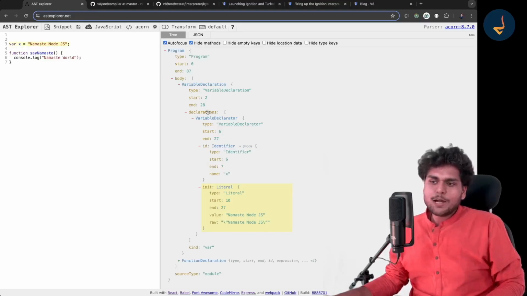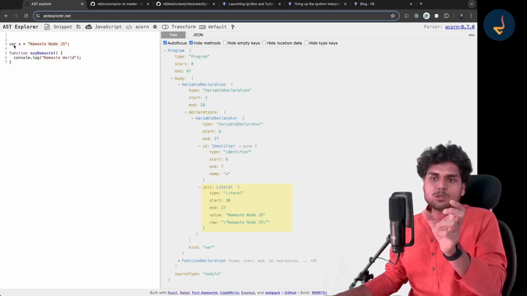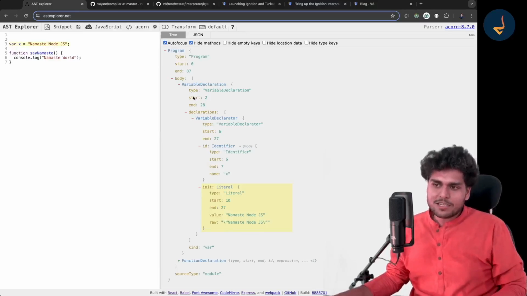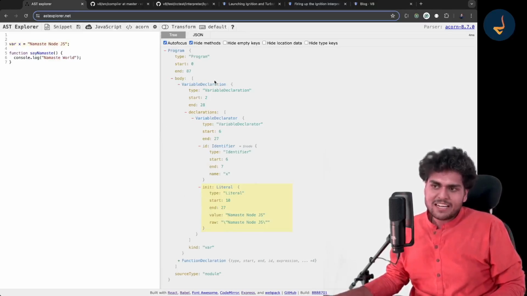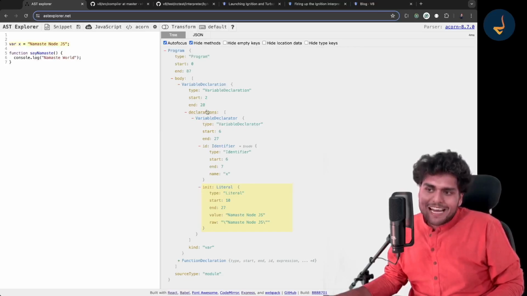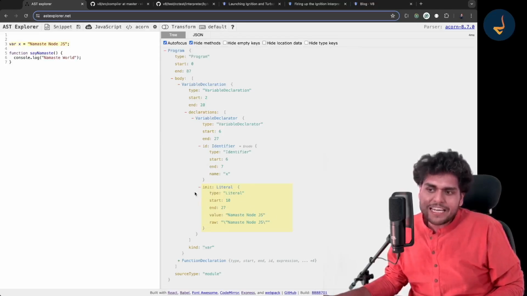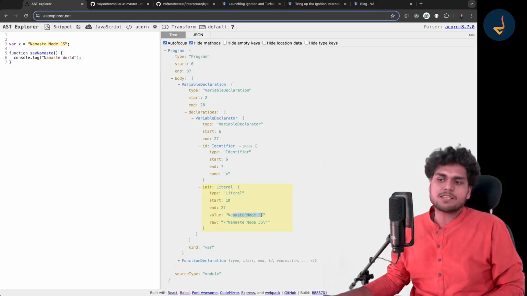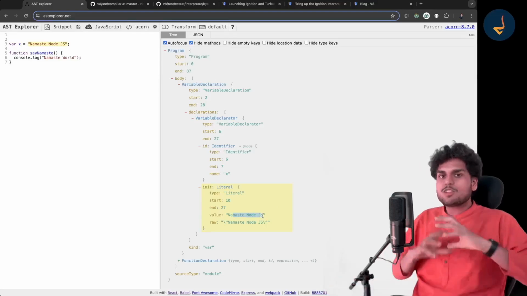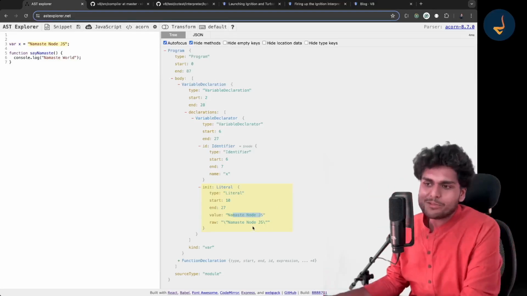So var x equals Namaste Node.js is converted to this kind of an object, which has a declaration, it has an identifier, and it has an init literal, basically the initialization, the literal, and this literal is what? Namaste Node.js. Got it? So this is how the whole AST is formed.